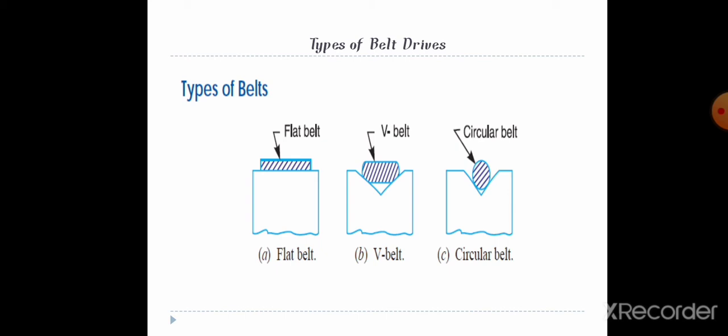Third one, circular belt or rope. Circular belt or rope is most generally used in factories and workshops where a greater amount of power is to be transmitted from driving shaft to driven shaft. Generally, these ropes are observed in large scale industries. If you want to transmit a huge amount of power, then a single belt may not be sufficient. In this case, we use a number of V belts or circular belts which have a large number of grooves. The belt in each groove is provided to transmit the required amount of power from one pulley to another.